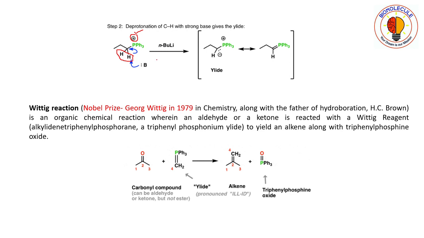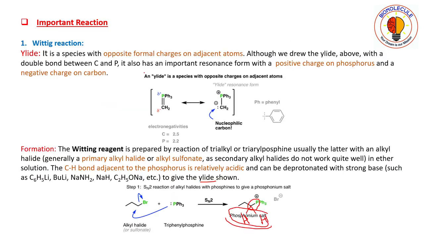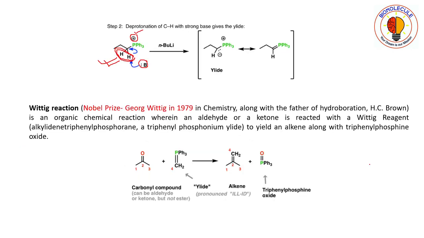Thus these protons are becoming acidic in nature. So any strong base, these protons are relatively weakly acidic. It is not a very strongly acidic proton. It is relatively weak. That is why we have to use a strong base over here. We cannot use a weak base. We have to use a strong base, as these protons are weakly acidic in nature. So we are using a strong base here.